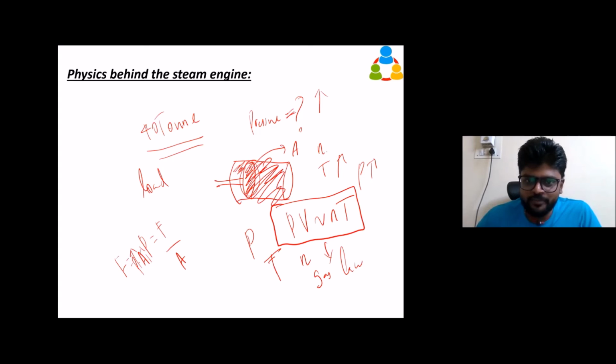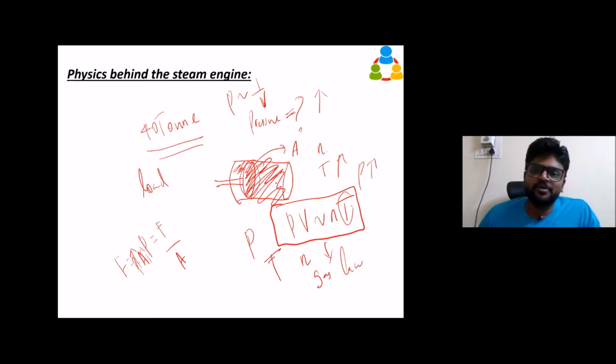Okay, where the steam is acting between the piston and the cylinder, that volume. So that volume is also increasing, but we can consider the temperature constant when the temperature of the steam comes in. So we can't say pressure is reducing because the volume is increasing. Still, pressure and volume are inversely proportional, but the pressure drop will not be that much. So you can take pressure as almost constant from this point to this point. When the piston is moving from zero volume to the maximum volume of the cylinder, the pressure is not varying. Okay, pressure we can keep as constant.